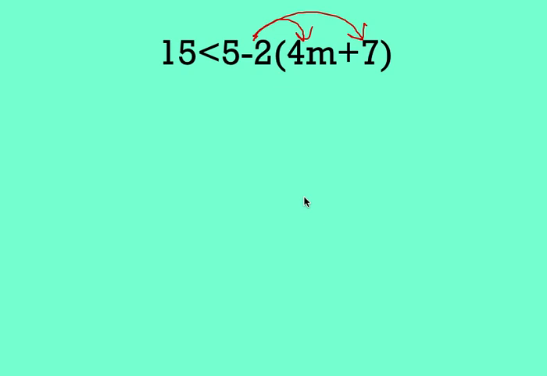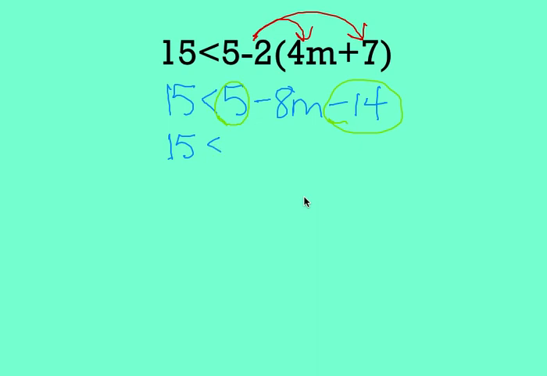So when we distribute, we still have 15 is less than 5 because that part was already there. But now we have -2 times 4m will become -8m. And -2 times 7 will become -14. So now on the right-hand side of the equation, I have like terms. +5 and -14 are like terms. So when I combine those, I have 15 is less than